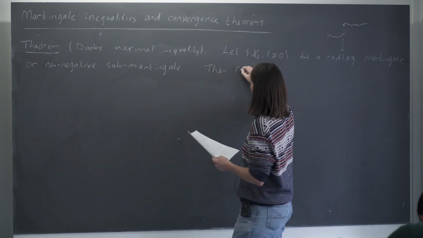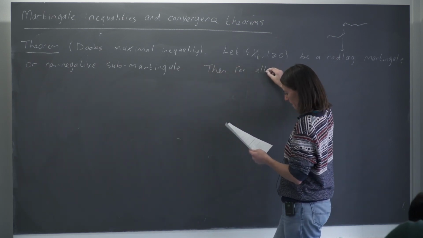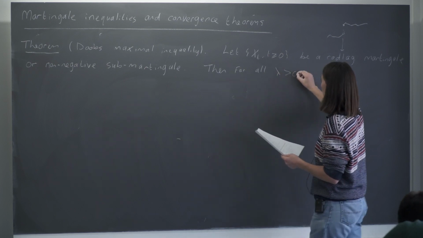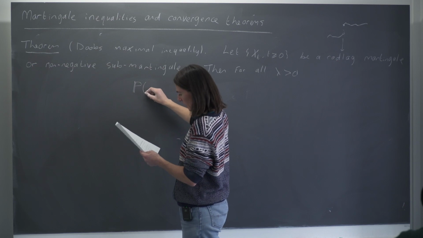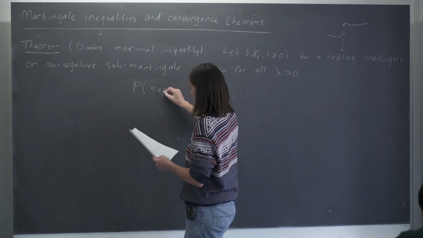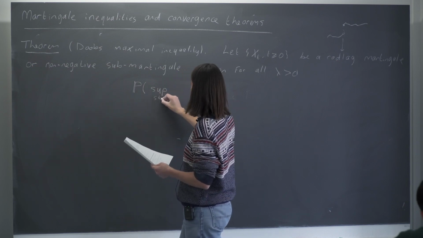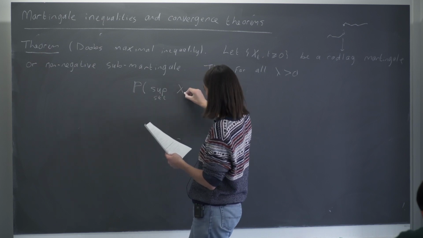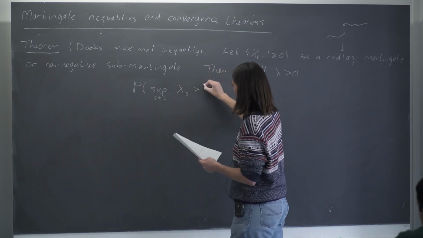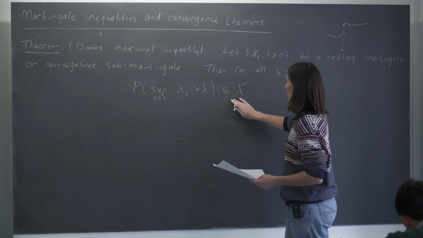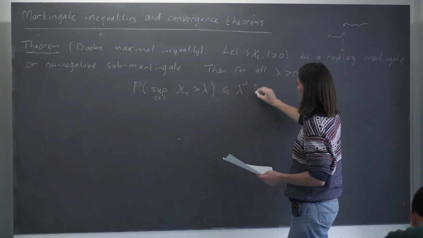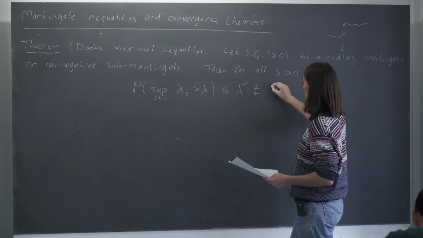Then, for all lambda strictly bigger than 0, the probability that the supremum of s less than or equal to t of X_s is greater than lambda is less than or equal to lambda to the minus 1 times the expected value of the modulus